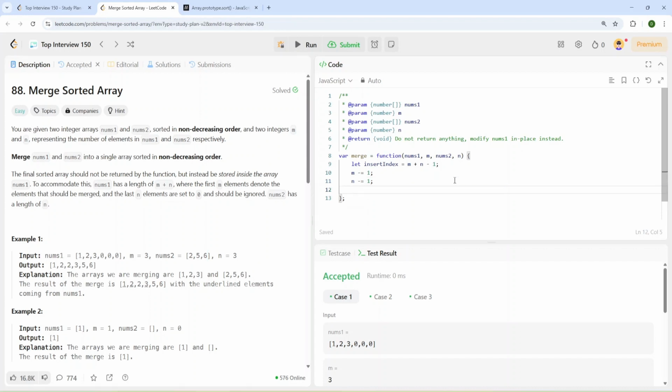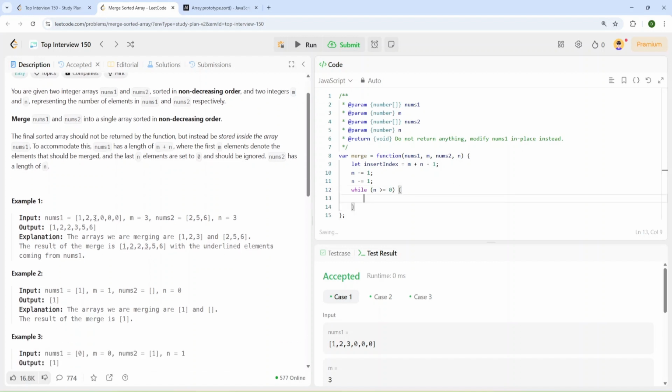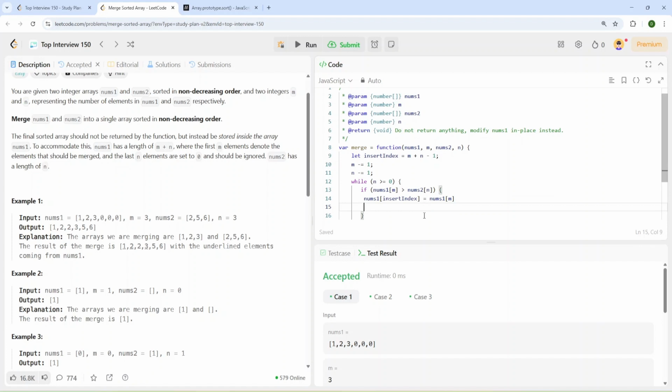And now we can start our loop, and I'm going to use while, and we'll check if n is greater than or equal to 0, then we'll compare the last elements of the arrays, and let's check if nums1[m] is greater than nums2[n], then I'm going to add this element to nums1 at the insert index, and we'll assign nums1[m], and also I need to move one step back, and we'll decrease m by 1.